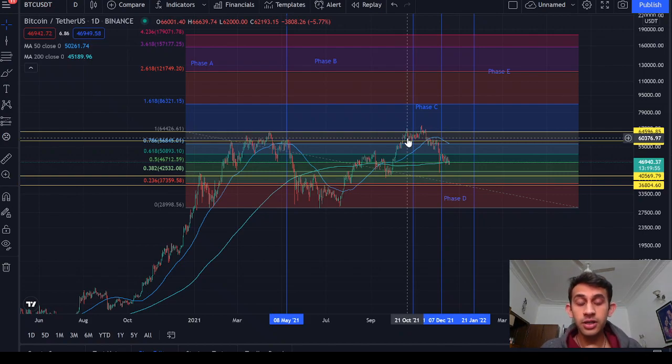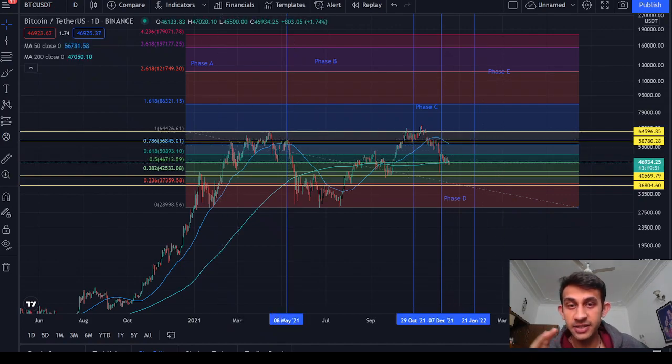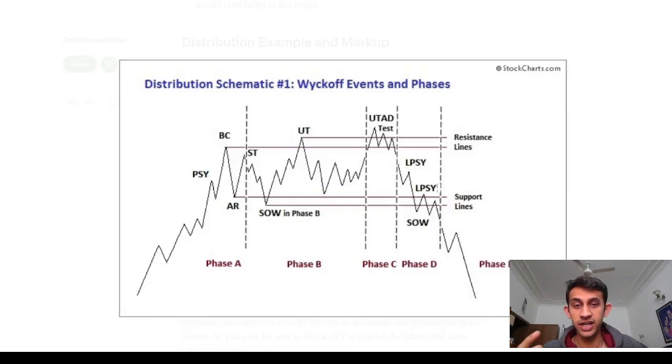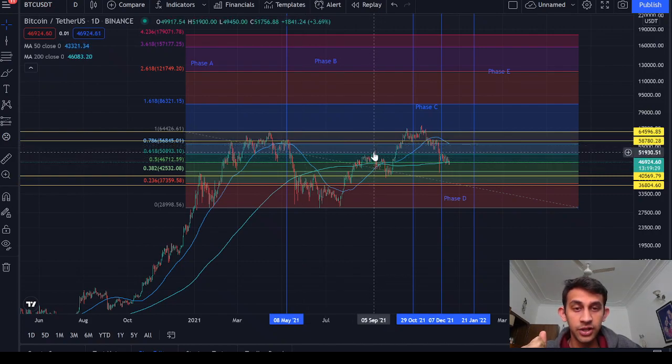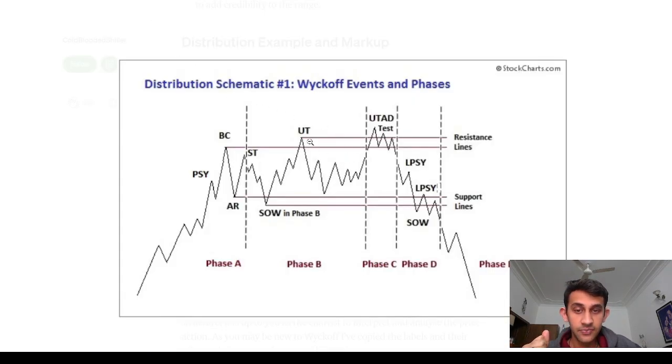Anyway, so the point being, Wyckoff basically described this pattern in this image right here. You can see that we moved through phase A, where we created a high. We tried to break that high, but we fell down, and we saw signs of weakness in phase B. We saw an upthrust, which is the UT marked. The upthrust right here is this point, where we are at the $52,000 level. This is the upthrust. We saw a downtrend, and we saw another